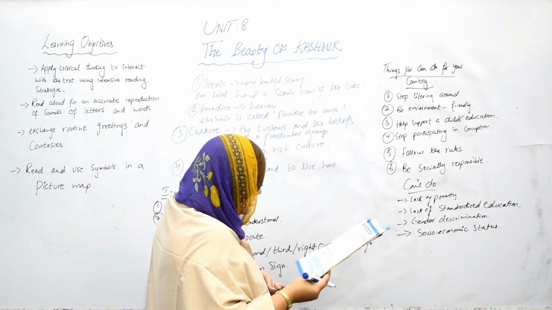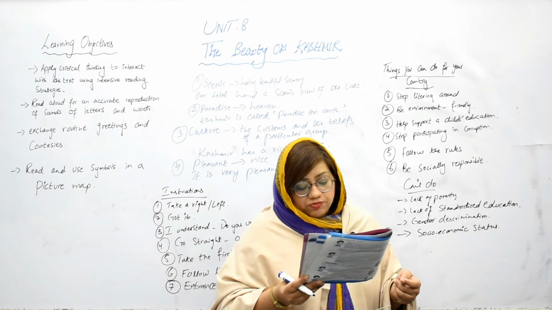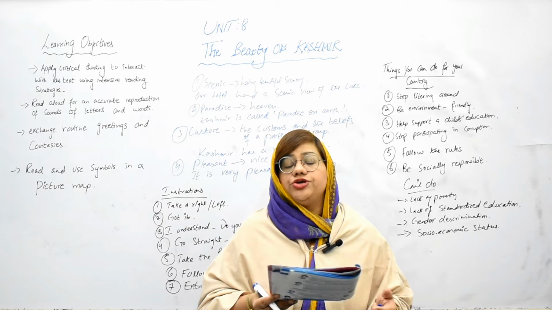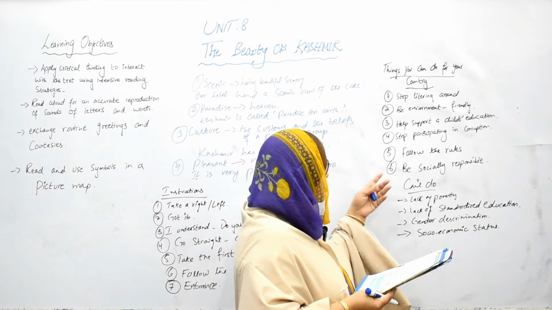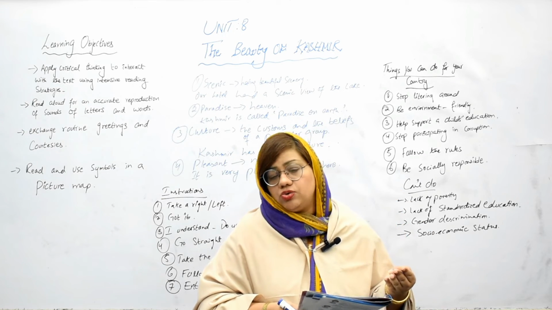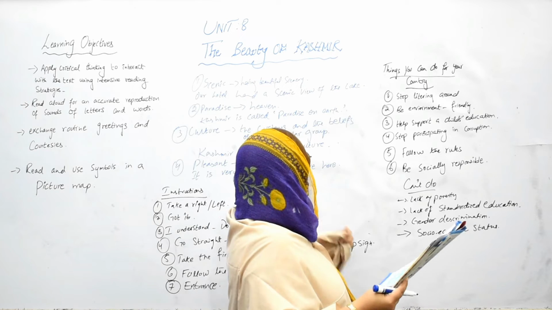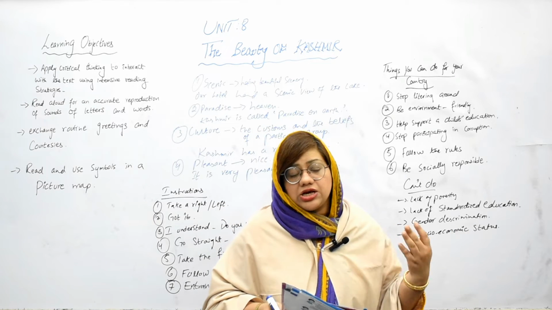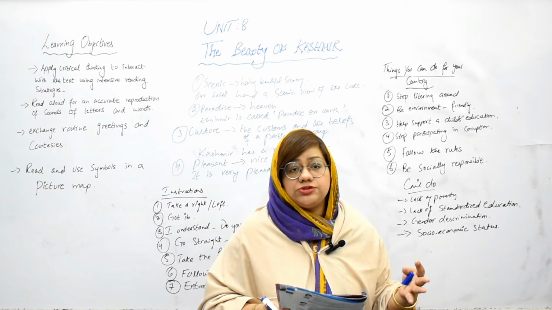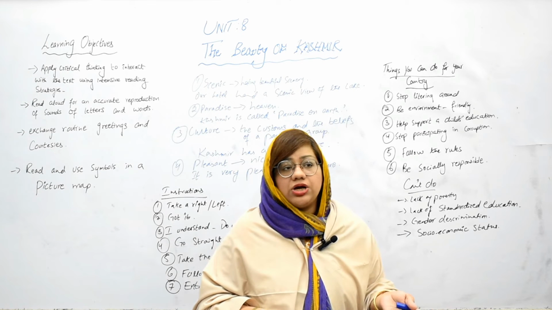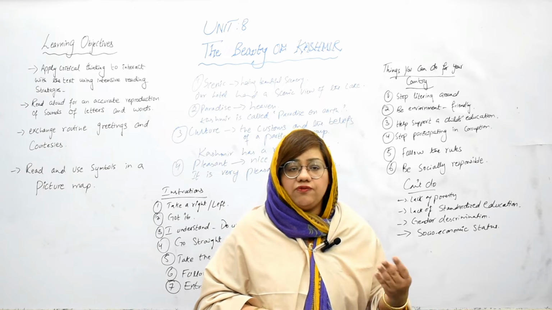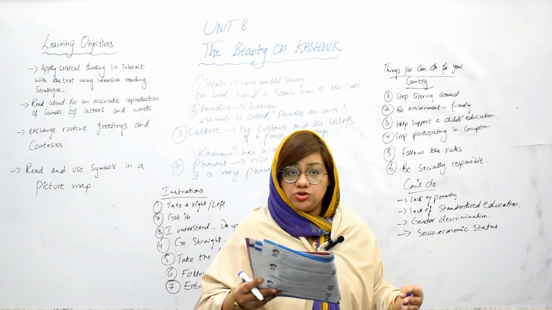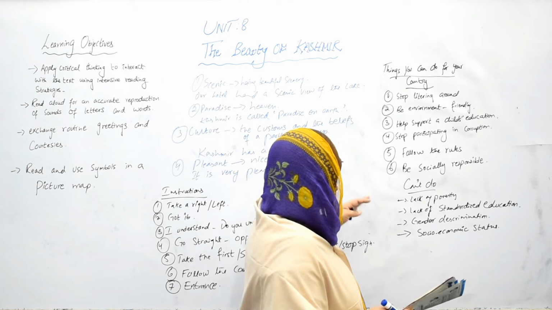So there is a pair work. Make a group of 5 students and discuss what you can or can't do for your country. So this is just for your example. You can make it your own one. You can write your own ones. Things you can do for your country. This is a kind of pair work involving 5 students. So you may ask your other friends in your classroom, that we will do in our group work, and write up there your own.